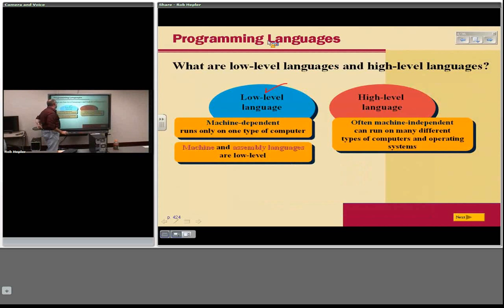And what that means is it only runs on a specific computer. So you would write a program, and the language you used to write that program only worked on that one machine. So essentially, you're very close to the hardware, because every computer, a Macintosh, has a different instruction set than